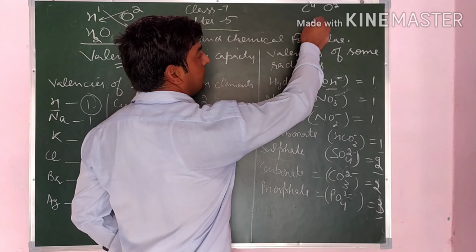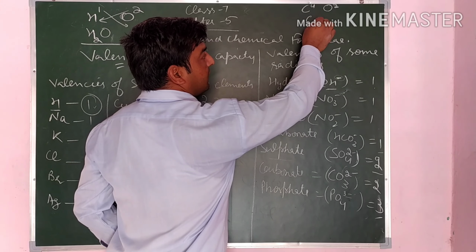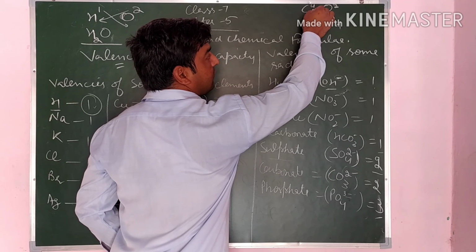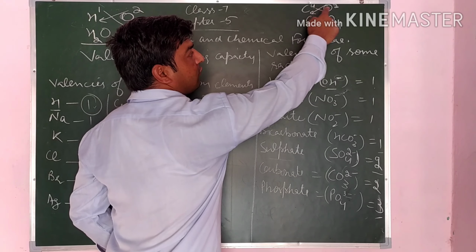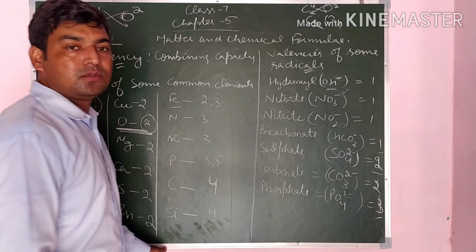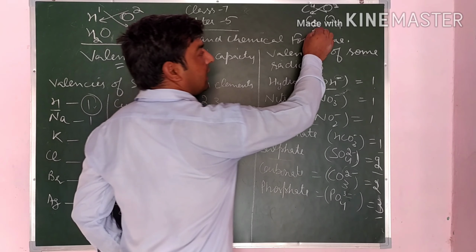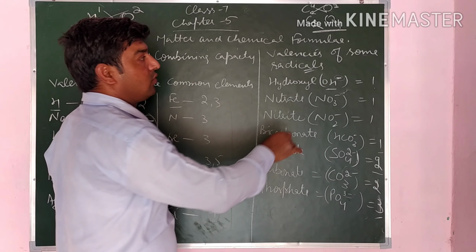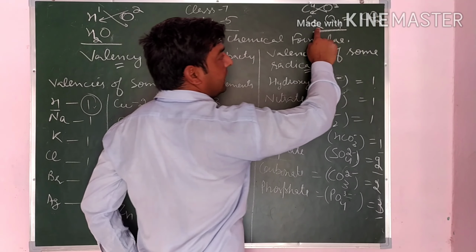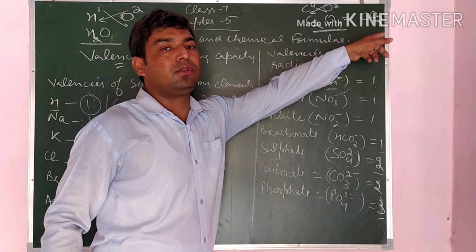Now cross multiply, as we have done earlier. C, and in superscript we write 4, and O, and in superscript we write 2, because we have to cross multiply it. So 2 is here and 4 will be here in the subscript. So C2O4. But the chemical formula of carbon dioxide is CO2. Here in 2 and 4 we can take 2 common. Here 2 is taken common from 2 and 4, so it will become CO2.